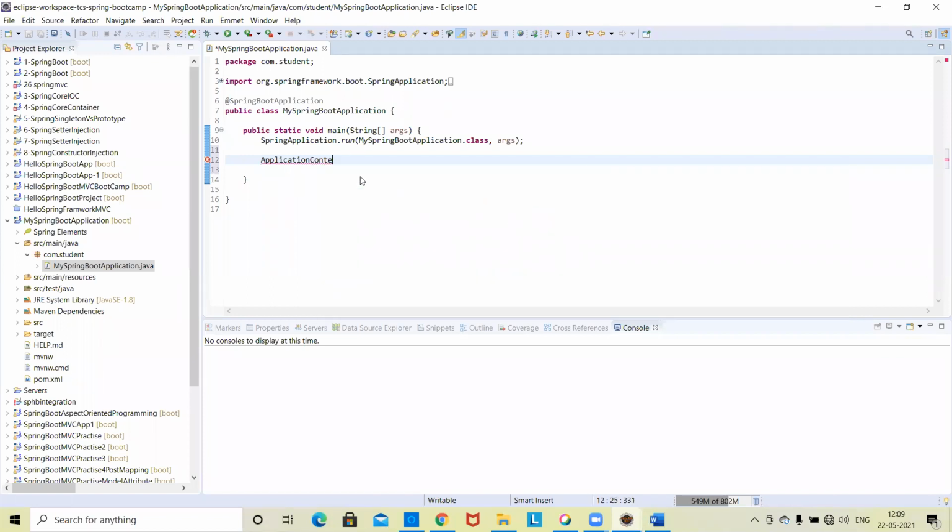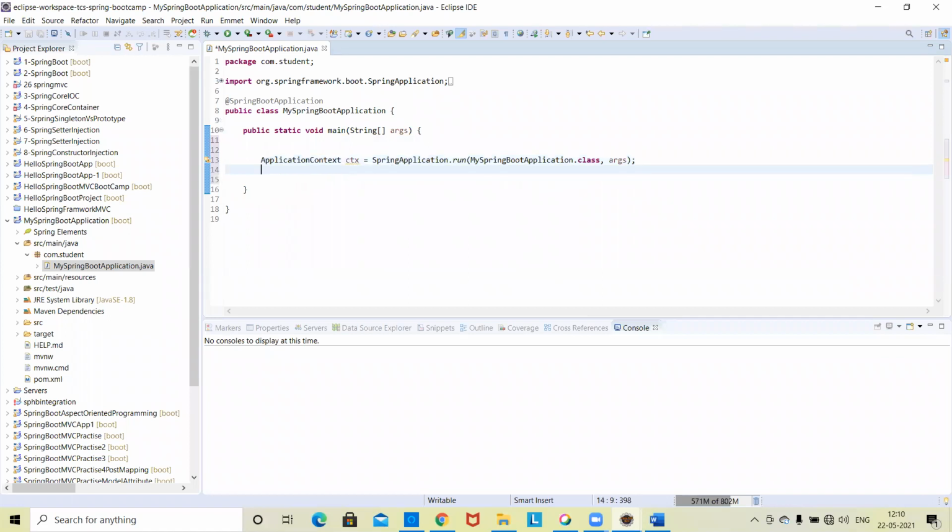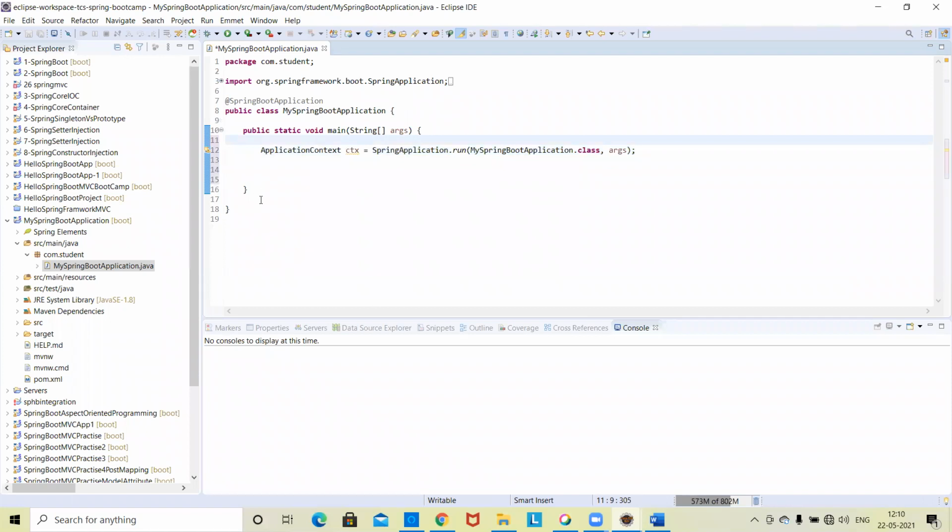Application context, ctx. Sir, we will do the same thing you are doing.